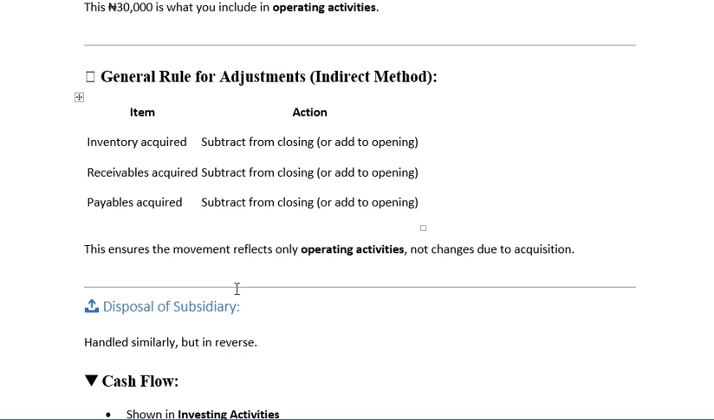So the first thing is that you subtract the opening from the closing, and then subtract that acquisition. This ensures that the movement reflects only the operating activities, not changes due to acquisition. All right, so that's that. Now, when we dispose of,